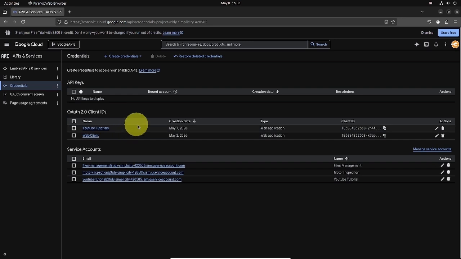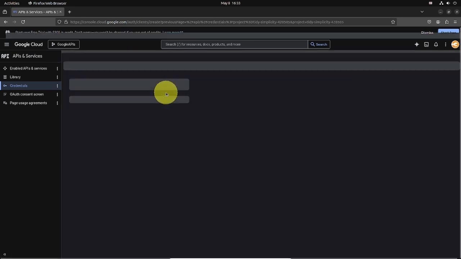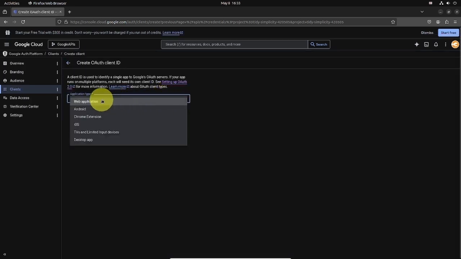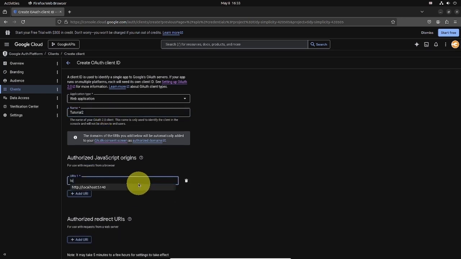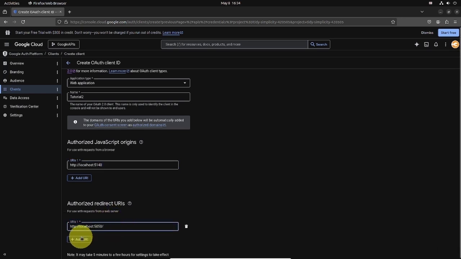To continue, go to Create Credentials, choose OAuth Client ID, then select Web Application. Let's name this tutorial too. Then, add your authorized JavaScript origins. So, for this case, I will use localhost 5140. For the authorized redirect URIs, I will use http://localhost 5050 and